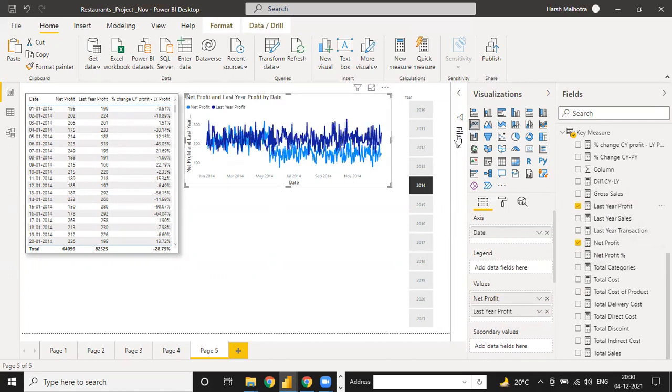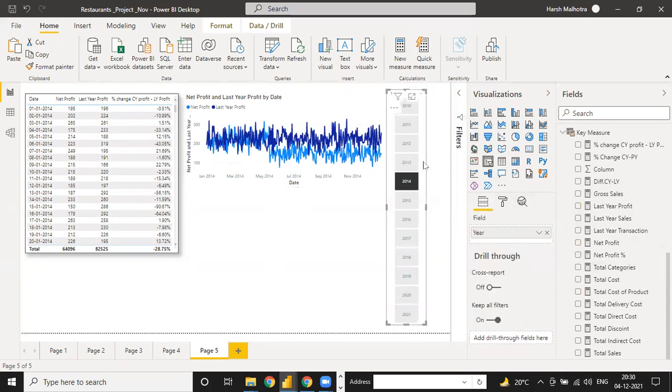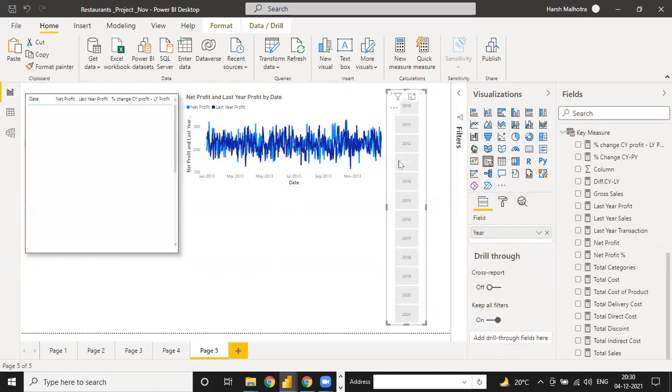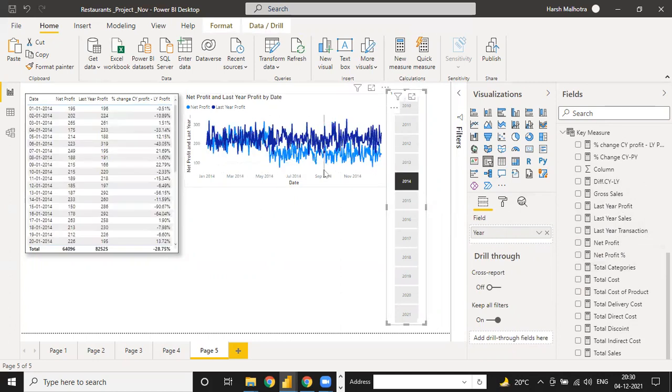So this is your comparison of day wise sales. But if you click on this 2013, it will be changing. Okay, so data is changing, and right now see, it is not a good thing to do.